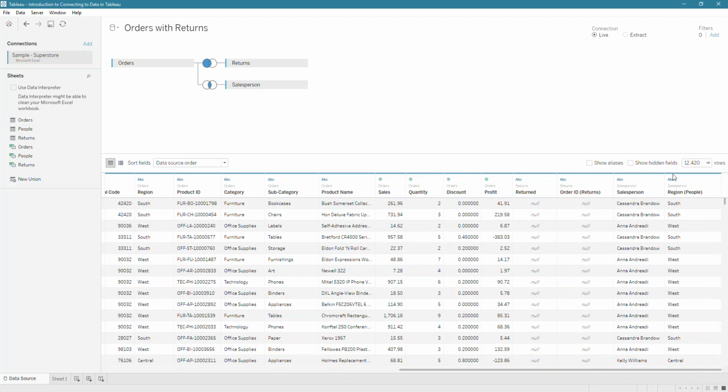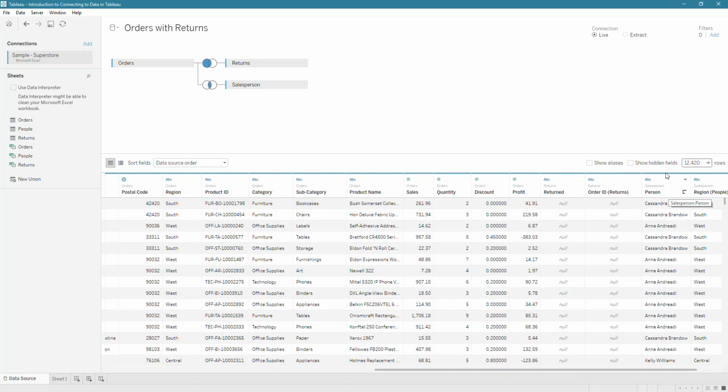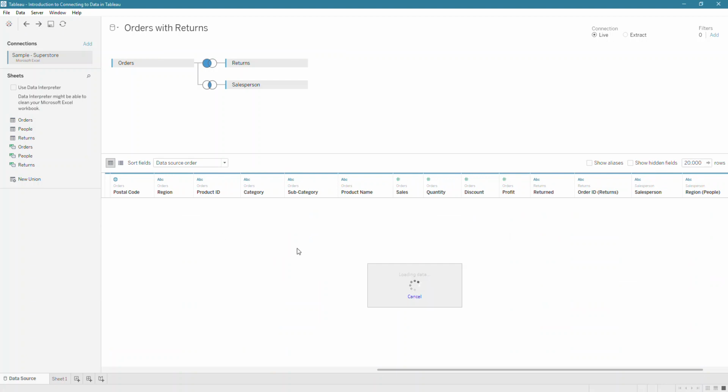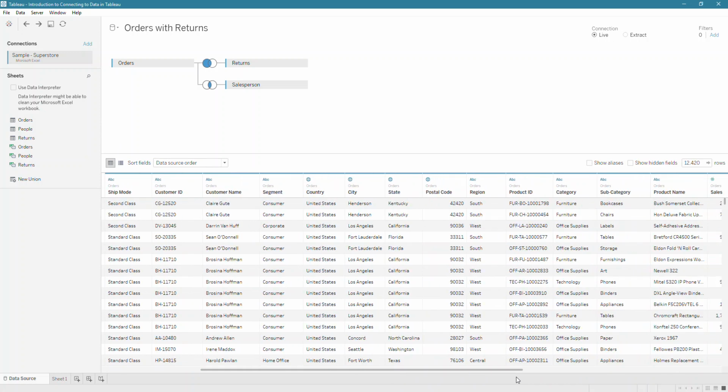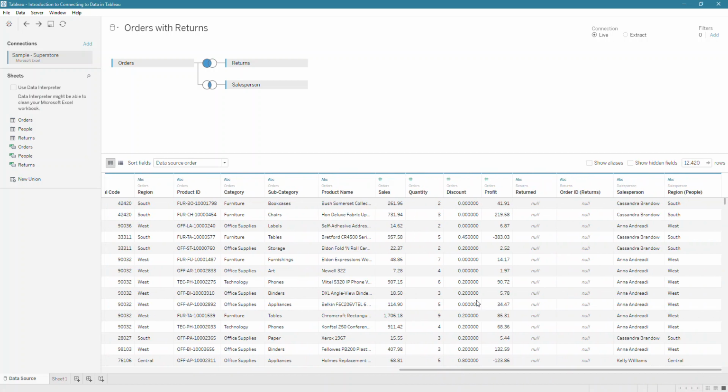The same thing with that person, the salesperson I put over here. If I wanted to reset the name, it would go back to person. But I don't want to. So I hit back. You can also Control Z and Control Y in this, just like you would in Excel. So I can also do things like, if I didn't care for row ID, I'll find something applicable for this actually. Because when we joined those fields, when we joined these two other sheets, it's going to show the names